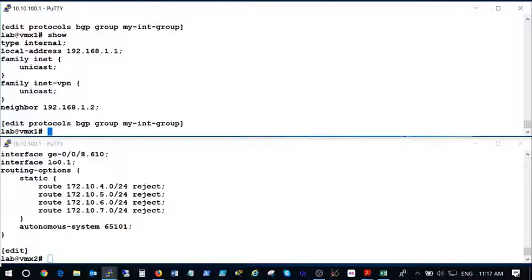Alright, so what we want to do is rename the neighbor. We're going to rename our neighbor from 192.168.1.2, sorry, 1.2, which is our current neighbor, and we're going to make that 192.168.5.2, which is the P2